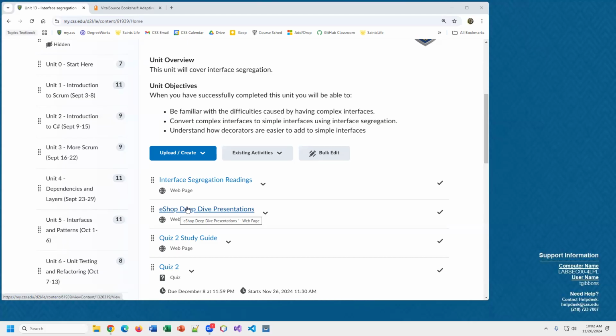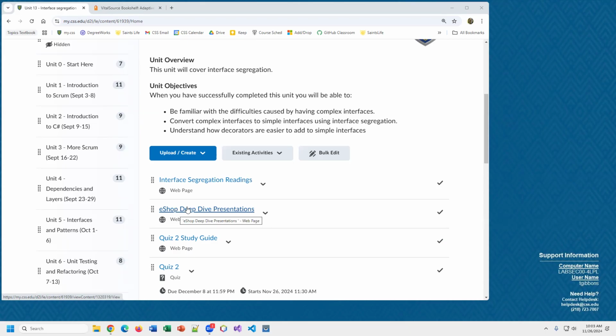app, and you were assigned different sections of the eShop app. And so second half of class, we'll go over and share those presentations and see how those go. This is tied to last week's learning activity, so there are points assigned to it from the learning activity from last week. There really aren't any points for the actual presentation itself, but I think we'll have the presentation up here and we'll just probably come up here, talk a little bit about it, and go around and see